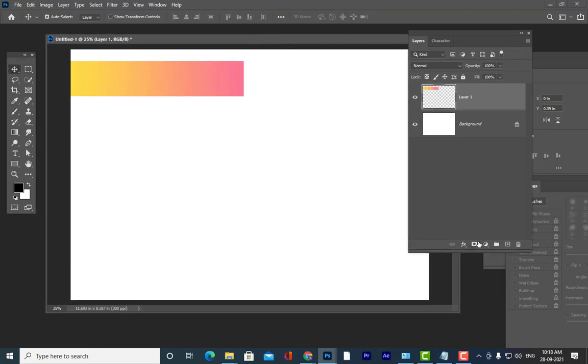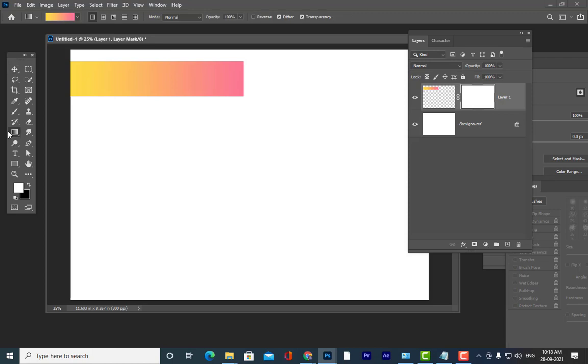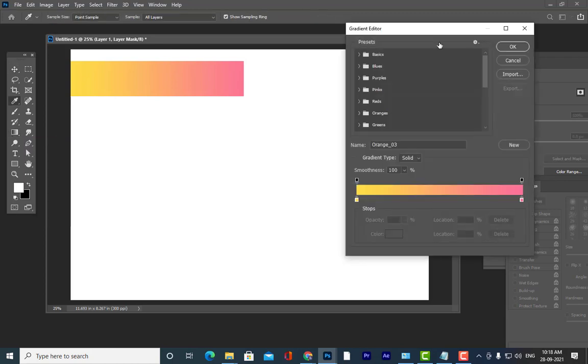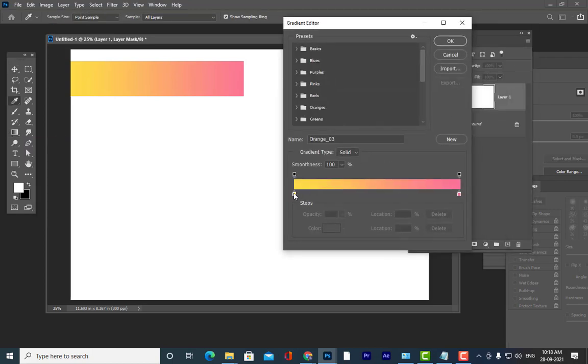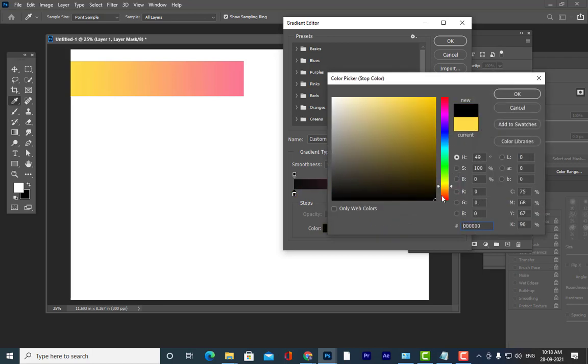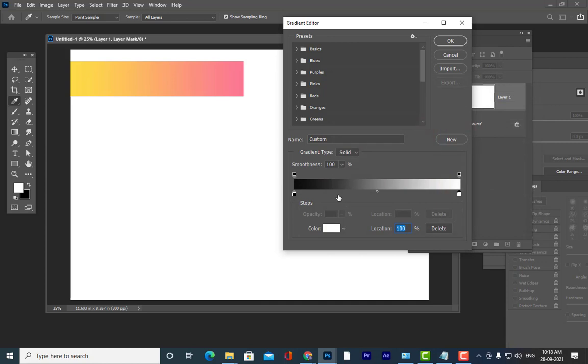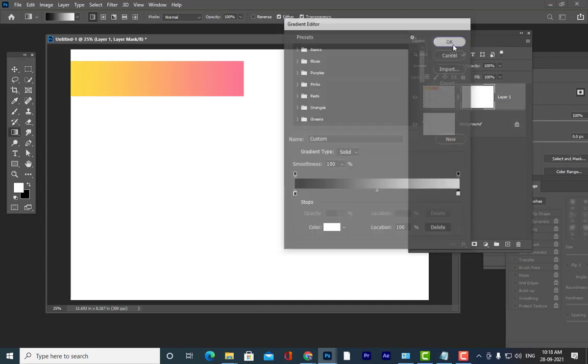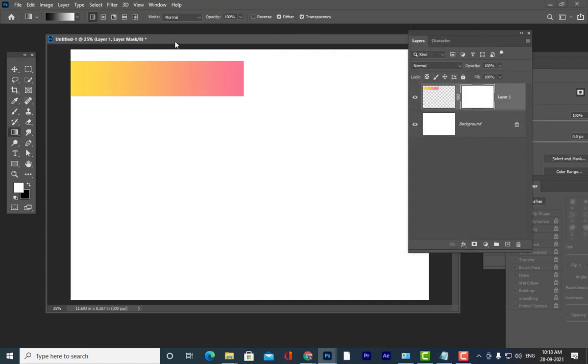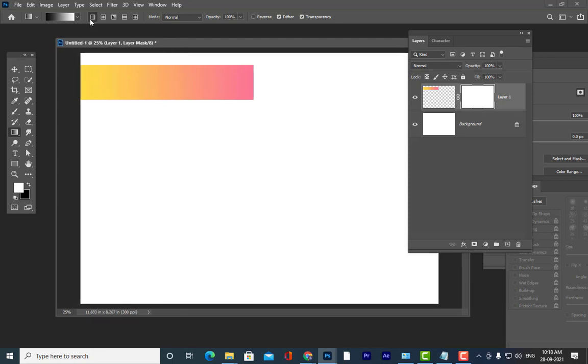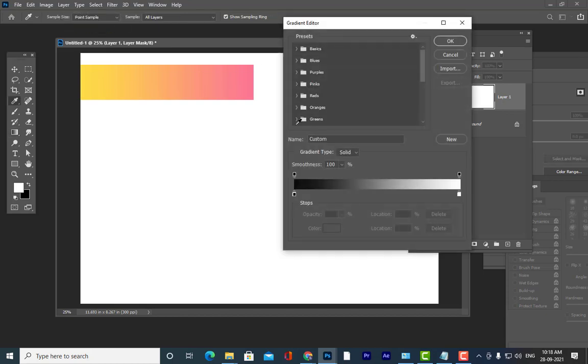So what I will do, I am going to simply apply a normal mask. Normal mask I have applied, and then I will take a black and white gradient. So black and also white. Okay, so see here we have a black and white. And then I am going to use a linear gradient. Everybody can see this linear gradient here. And also the color is black and white.